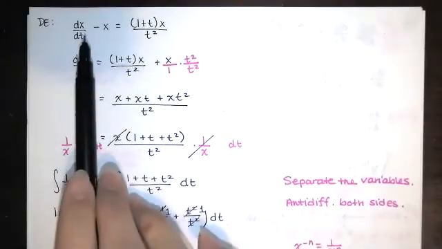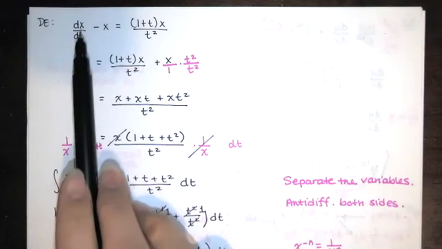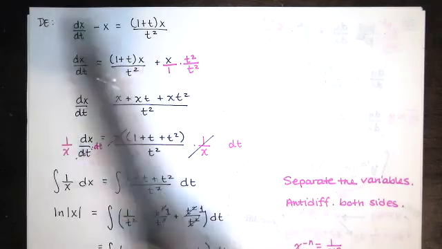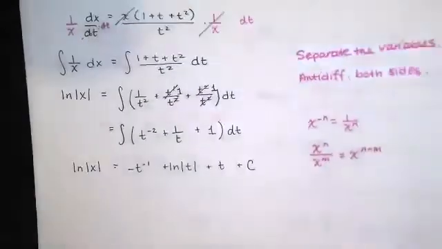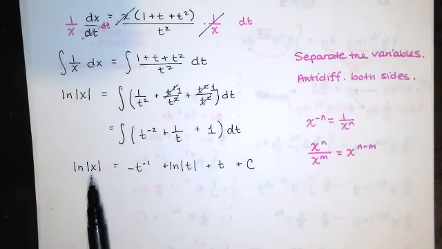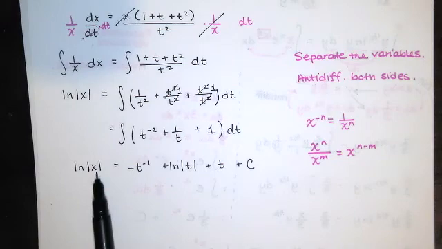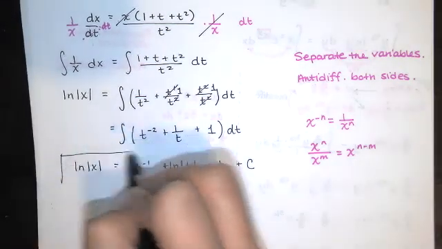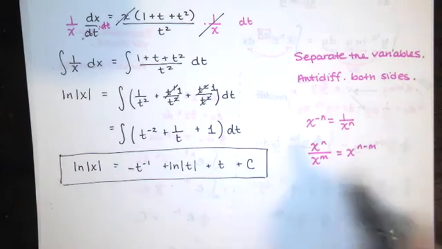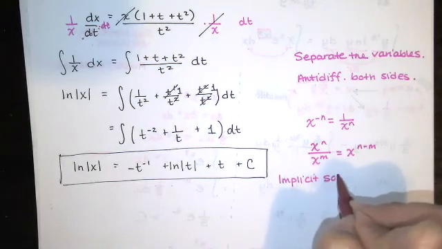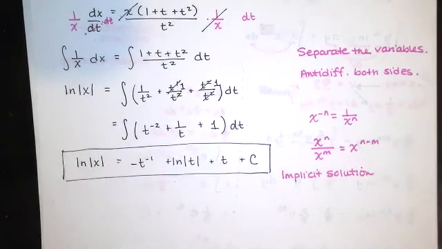Now remember we started with a differential equation where x depended on t. It's implied from context that we're thinking of x as the dependent variable and we're thinking of t as the independent variable. So the variable that I would solve for here if I wanted an explicit solution is x. And I think I can solve for that. I think I'd like to do that. So rather than stopping here at this implicit solution, I think I'm just going to do a little bit of algebra and get x by itself